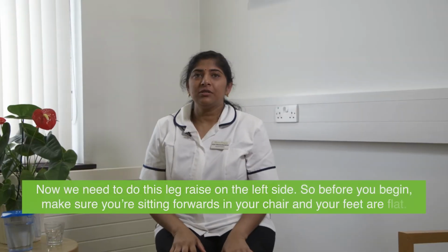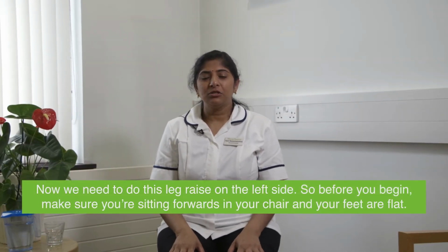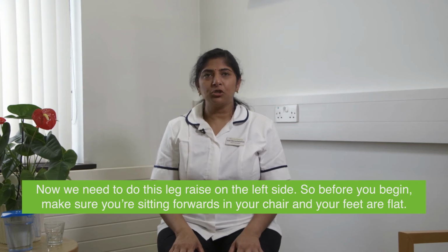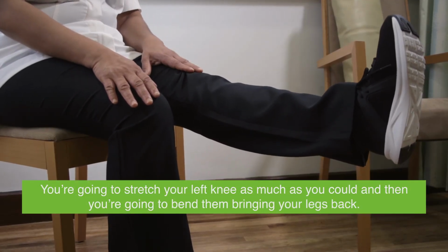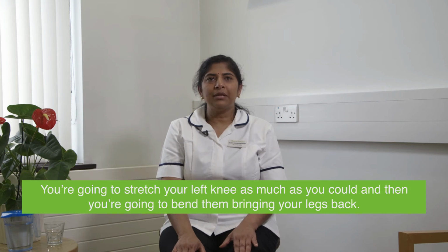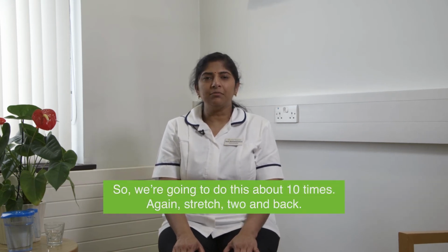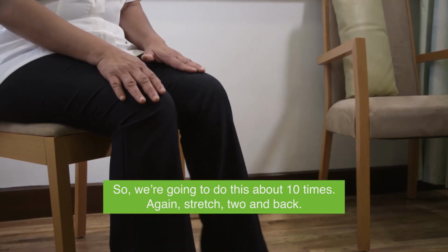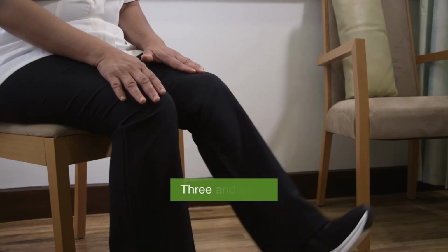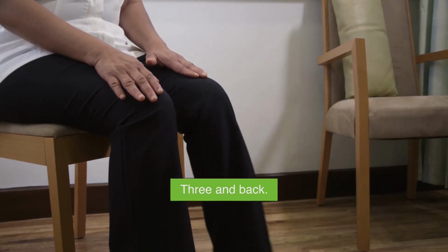We're going to do this leg raise on the left side. So before you begin, make sure you're sitting forwards in your chair and your feet are flat. So you're going to stretch your left knee as much as you could, and then you're going to bend it, bringing your leg back. So we're going to do this about 10 times. Again, stretch, 2 and back, 3 and back,